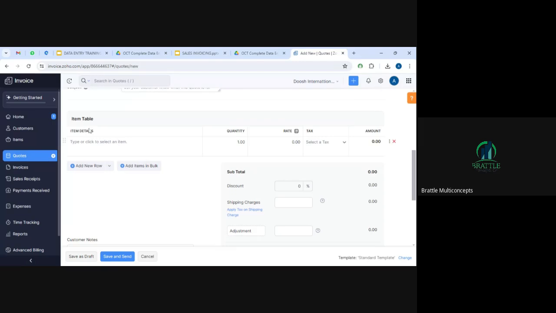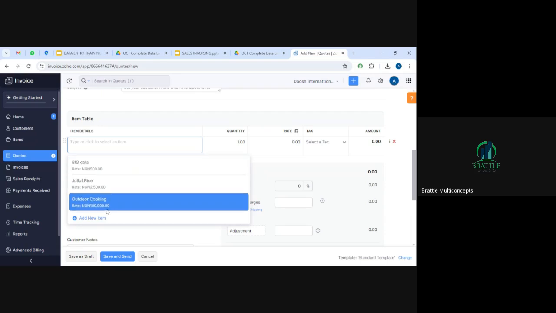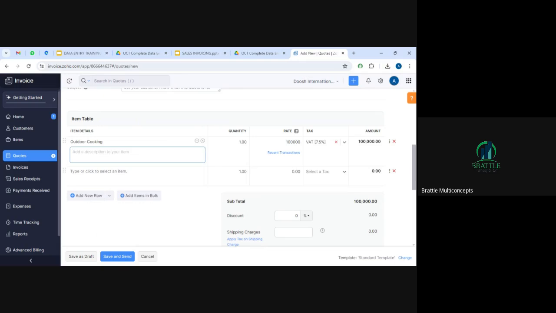Now, let's come back to the item table. On the table here, what are we doing? So at this point, you can either type or you select item. You remember yesterday, we typed whatever we want, we typed the description. But today we're going to select, since we already created items now, we're going to select an item as outdoor cooking. So now, if there is a quantity, maybe it is 2 pieces or whichever way it is, you select that. And the rate, you can put the rate. If the rate is 500,000,